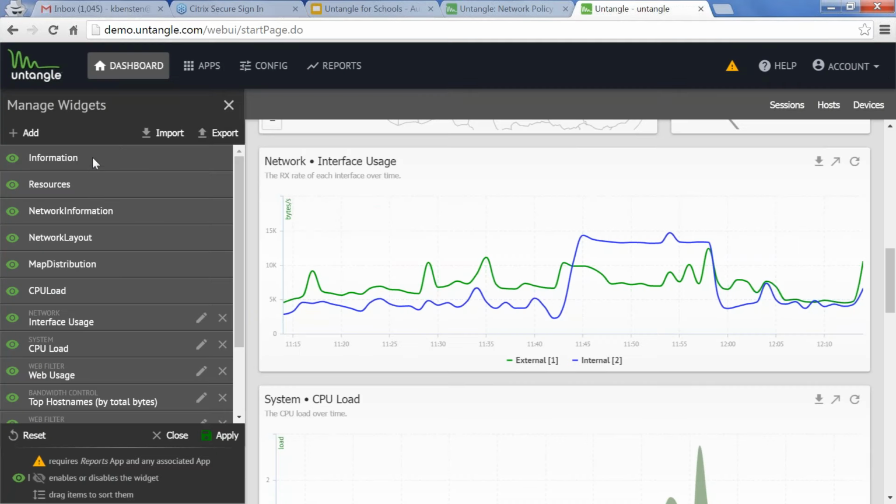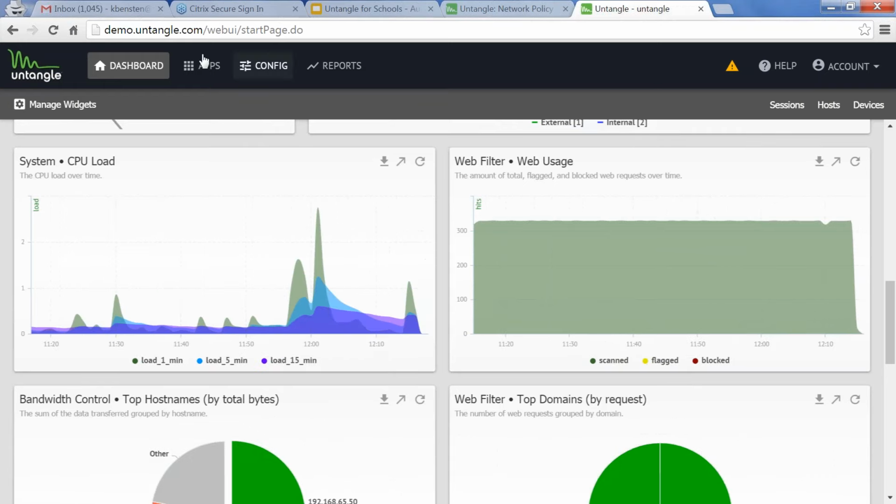So it might be a little bit different than what you saw before. This is the first page that you're going to see when you log into your Untangle interface. We have moved the tabs from the left-hand column up to the top. And what this allows us to do is become fully responsive.